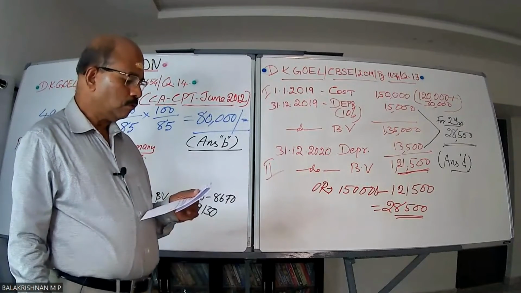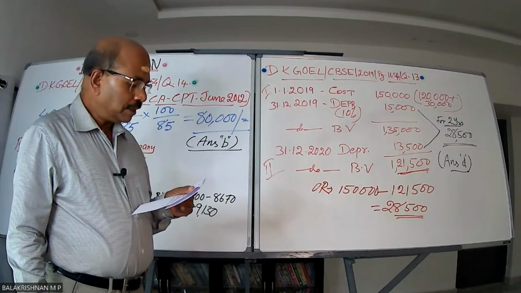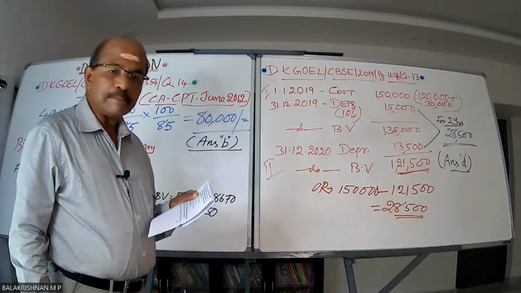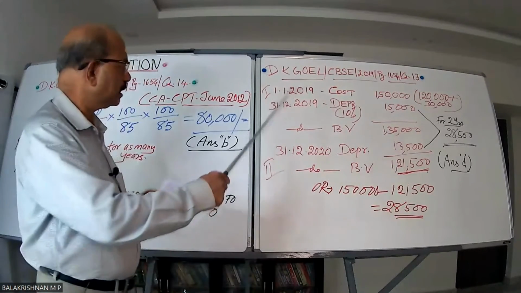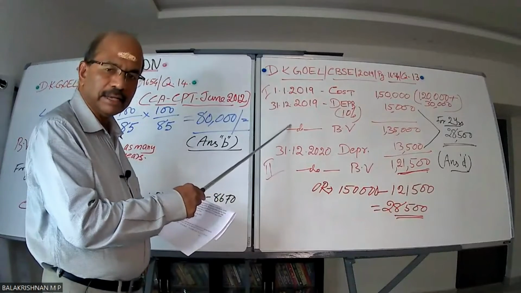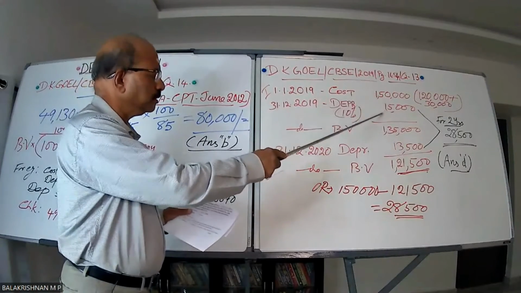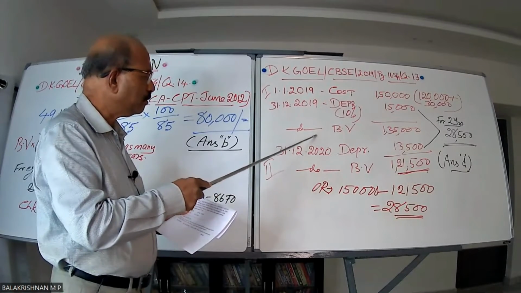Now, what they want: under the reducing value method, only the 10% rate they are maintaining. So total depreciation after second year, how much? Okay, this I explained to you. Let's see, at year end what will be the depreciation. 10% on this cost, that is 15,000. That being the case, year end book value will be